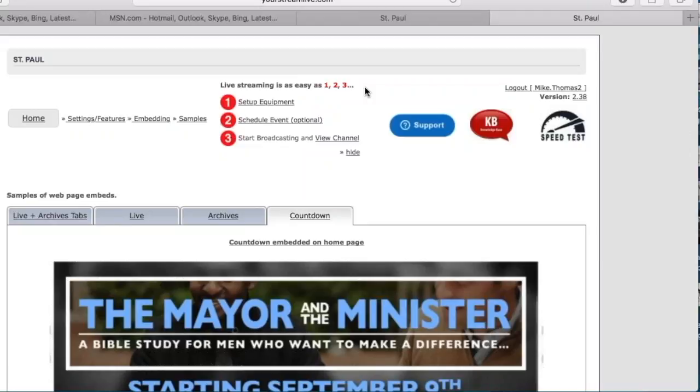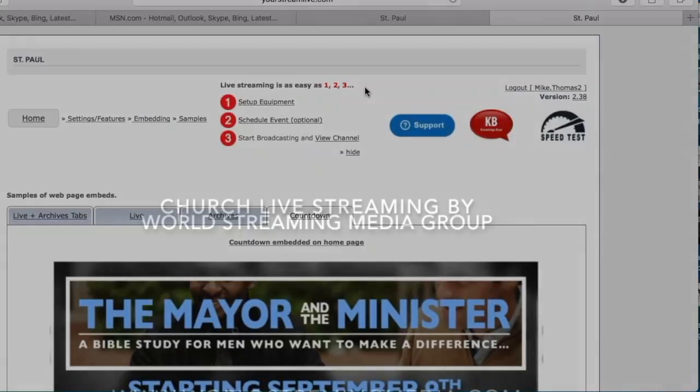So we will be able to do automatic payments for you, and that will be in a secure pay area on our website. Not the pay area that's on our website now for the live streaming service. You will have a pay area